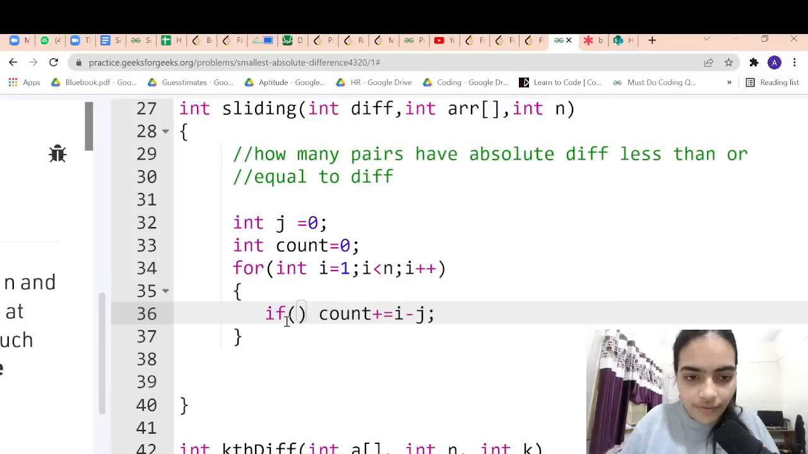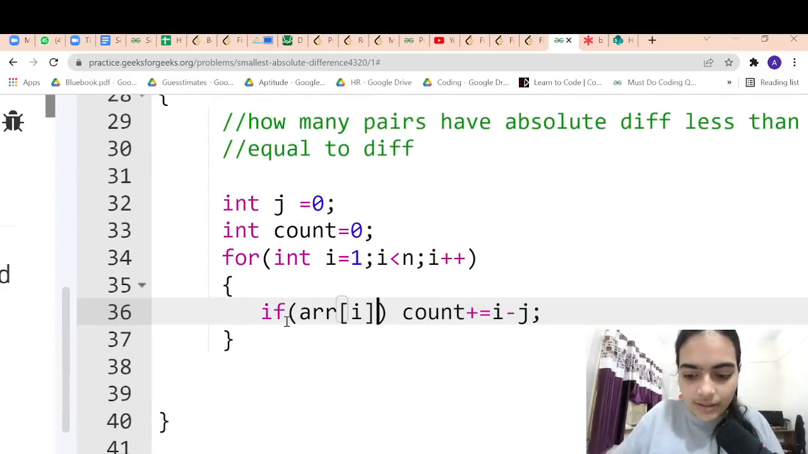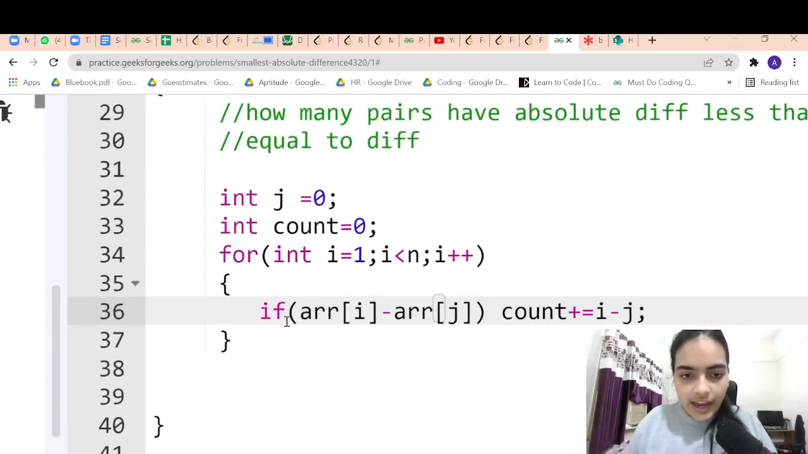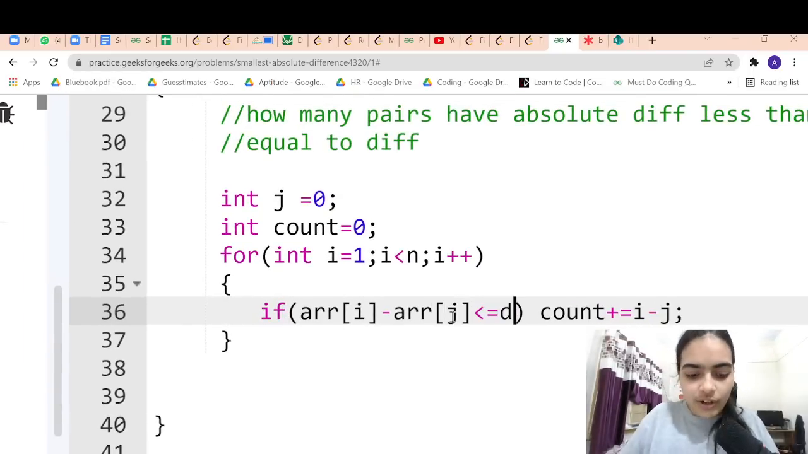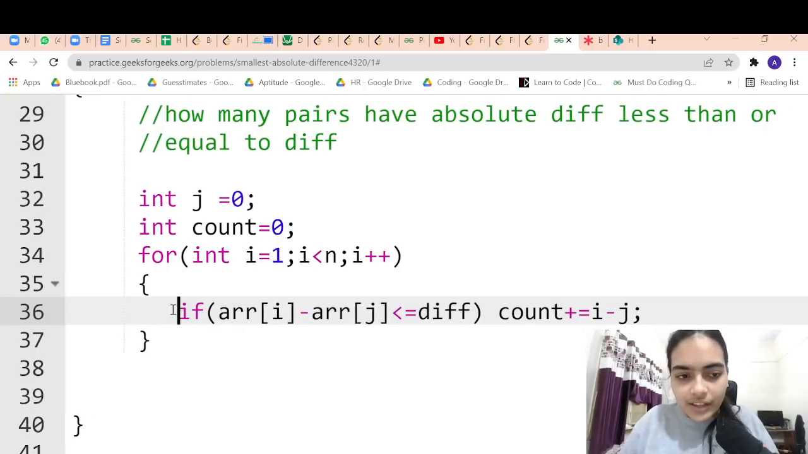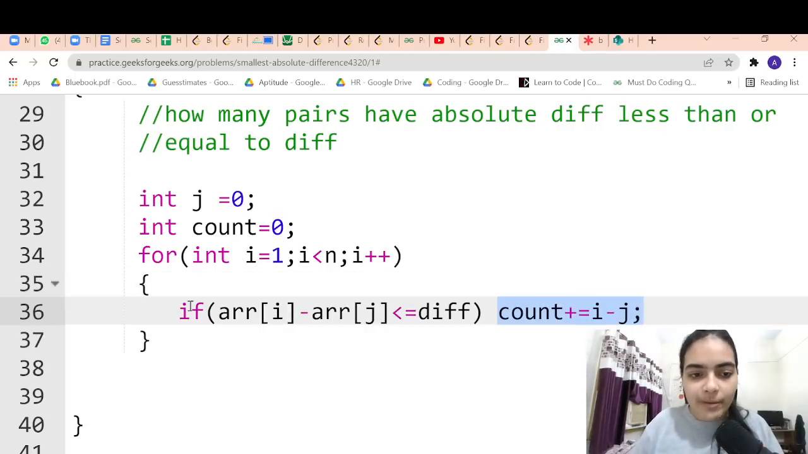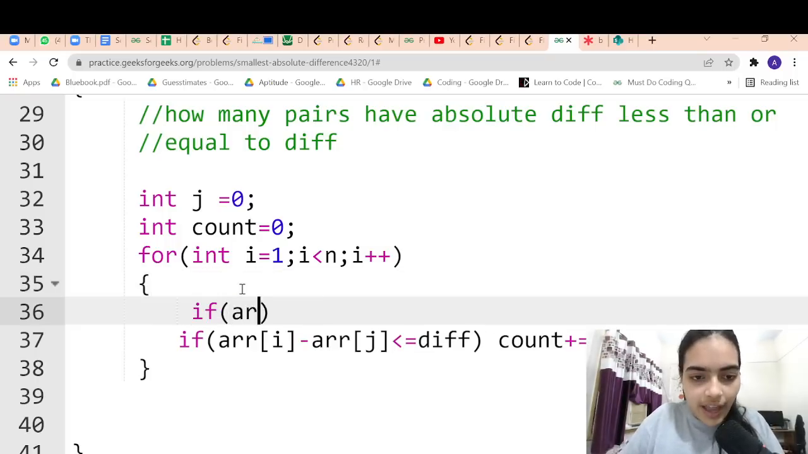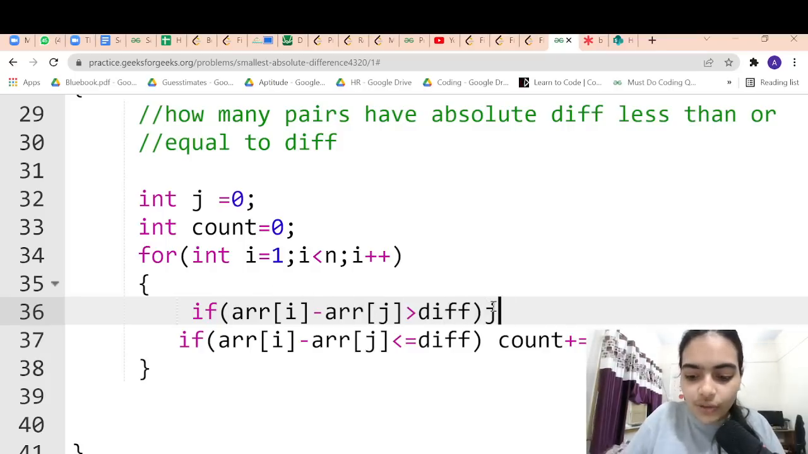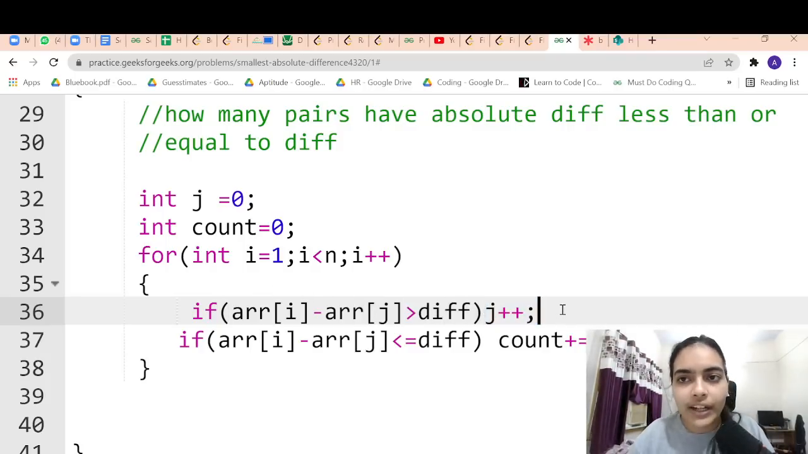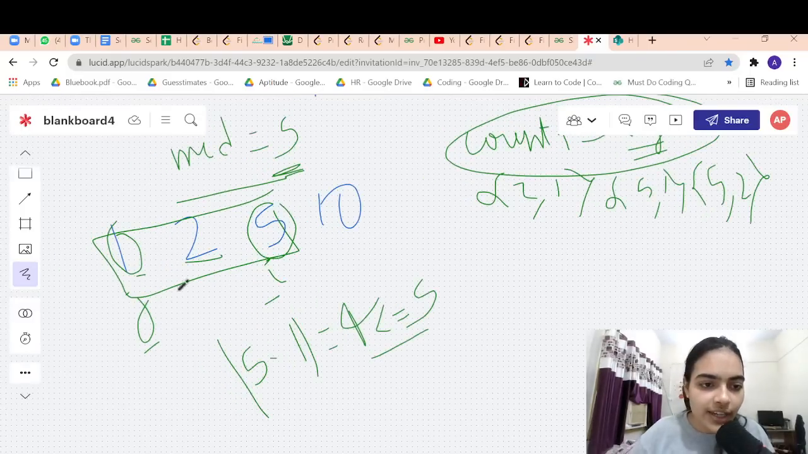Whenever the difference array of I minus array of j is less than equal to difference, right? Till that time I can do this, and I can expand my window, right? So I will keep getting incremented, and I will keep on expanding my window till this condition is satisfied, right? If array of I minus array of j will become greater than difference, then what will happen? In that case, you have to increment your j pointer, which is the behind pointer, right? Whenever this condition was not getting satisfied, what we did,